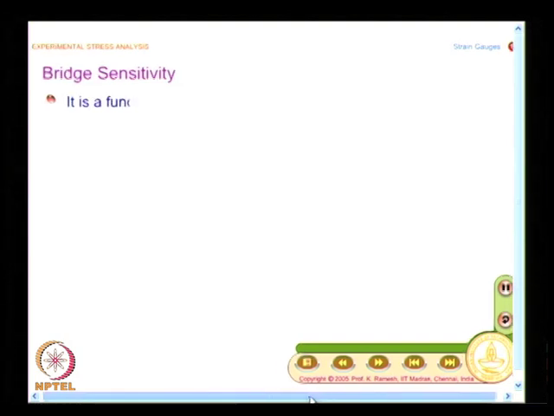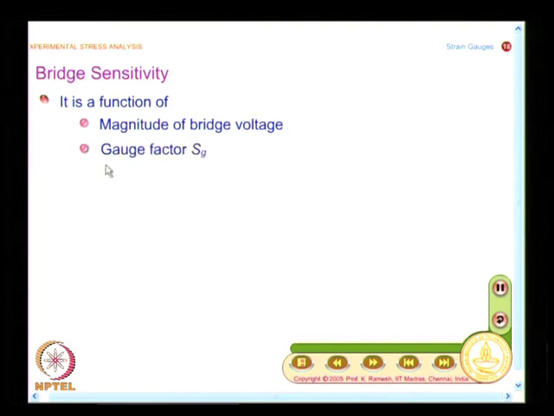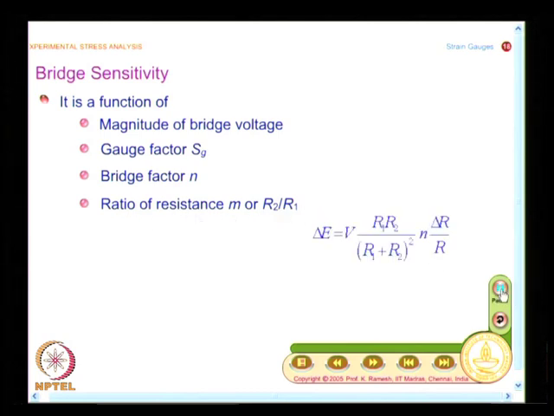So, I have the bridge sensitivity. It is a function of magnitude of bridge voltage, gauge factor Sg, bridge factor N, and the ratio of resistance R2 by R1. See, what we want to look at is, your initial balance only gave me a condition between the resistance. Now, I will find out for maximum sensitivity what should be the value of the ratio R2 by R1,